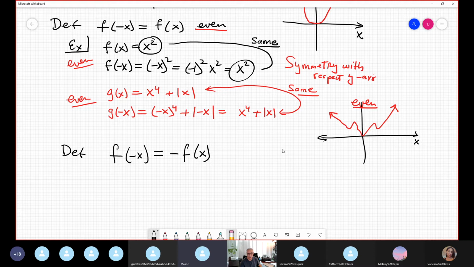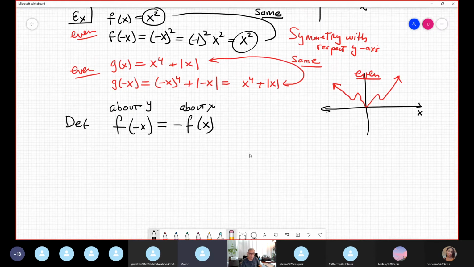What is the interpretation? It's like one reflection about the y-axis equal to another reflection about the x-axis. This is one possibility. Or another interpretation is